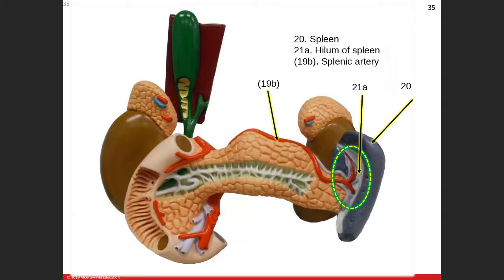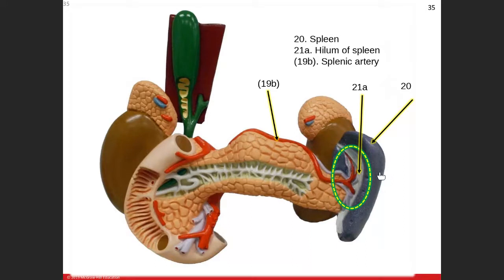So let's do a little bit of labeling here and show you a thing or two. You can see we're looking at a couple structures that you're familiar with. Here's the gallbladder on the right side, anatomically. Your right kidney with the right adrenal gland, left kidney with the left adrenal gland. And in between, you've got the pancreas. Here's the duodenum, the first part of your small intestine. All the way at the end of the pancreas, by the tail of the pancreas, here's